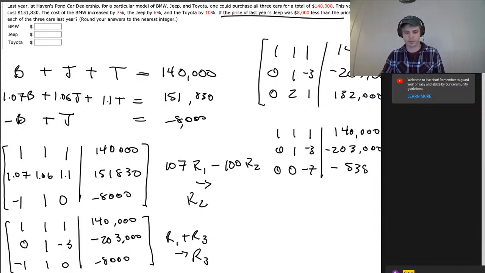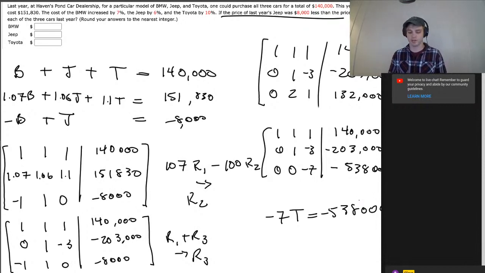Negative 5, 3, 8, 2, 3. Okay, so here we've got an upper triangularized matrix, and so once we do this, we can just back solve. So we know that negative 7 times the Toyota is equal to negative 5, 3, 8, 0, 0, 0. So we just divide both sides by negative 7, and we get